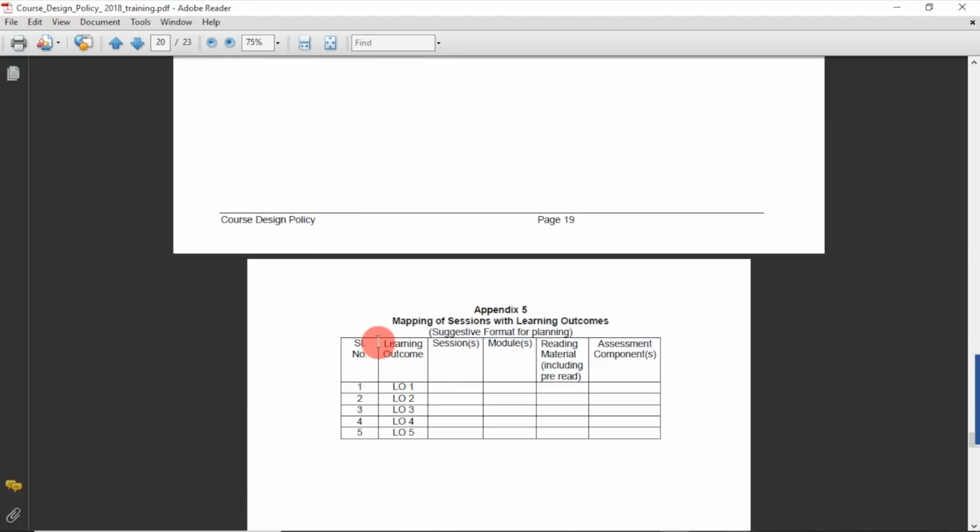Now this is one more mapping document which is usually used by the teachers, and we suggest that they should use it, because whenever you are developing learning outcomes, you should see how many sessions you have tried to focus upon each learning outcome. Now your subject outcome should meet the program outcome, because every subject outcome is coming out from the program outcome.